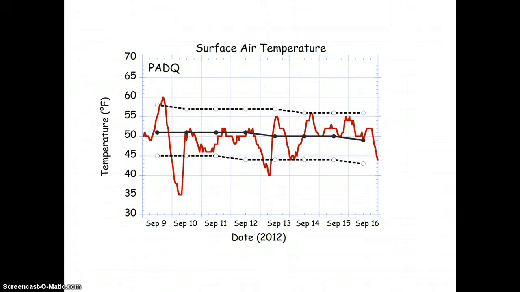And you can see that the black line right here with the black dots on it, that's the average daily temperature for the Kodiak region. It basically stayed right at around 50 to 51 degrees, dropping down lower to the 48, 49 region by September 16th. You would pretty much expect to see this around this time of year in September. It's a pretty expectable temperature to see in the Kodiak region.